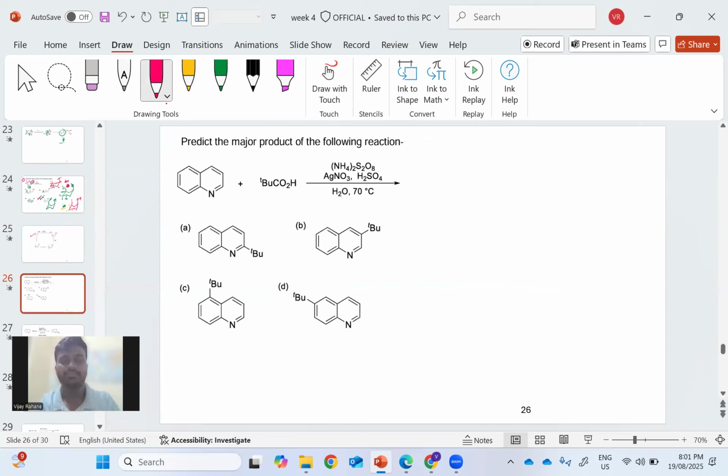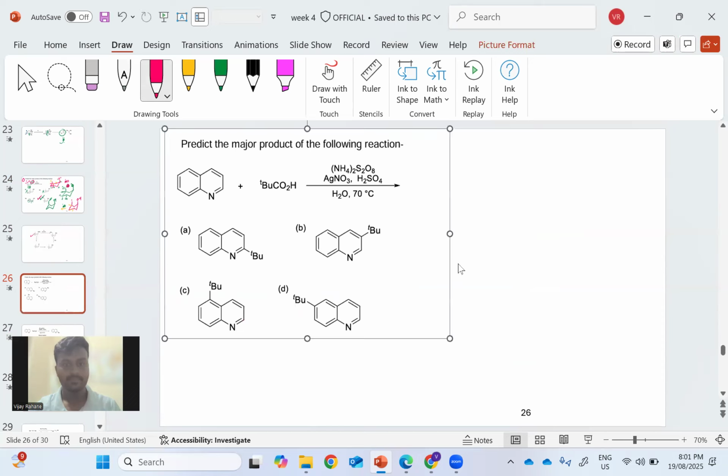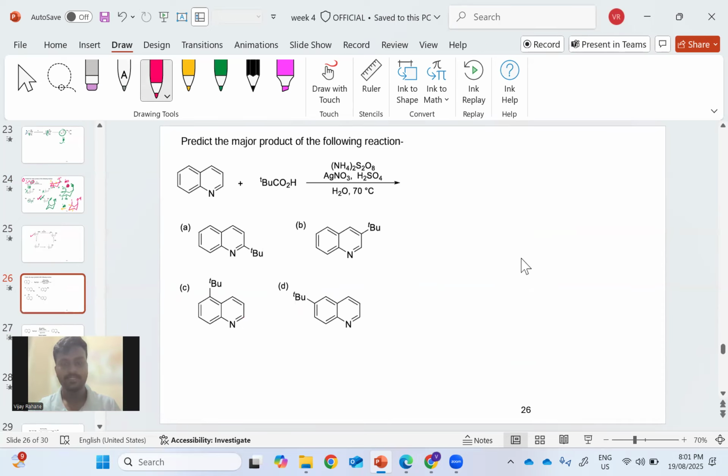All right. So the next question here, now we have slowly moved to some different type of questions. They are not particularly based on particular radicals. It is, but not that type that we were seeing, the Barton reaction or oxidative or similar type of reaction. So if you look at the starting material in this question,